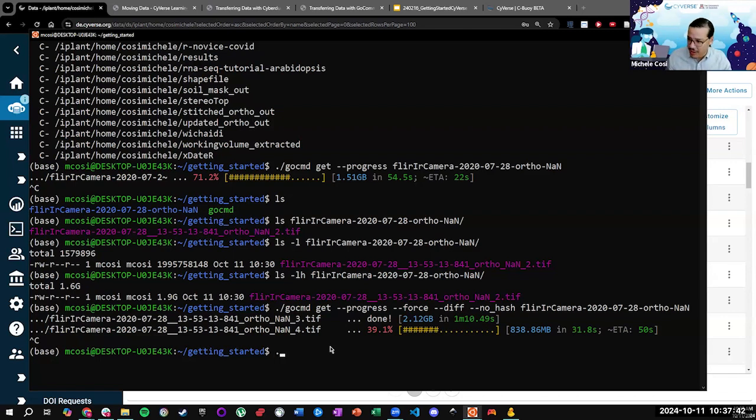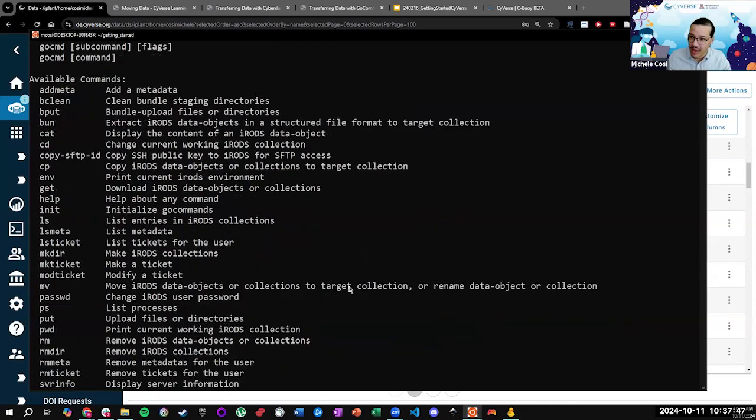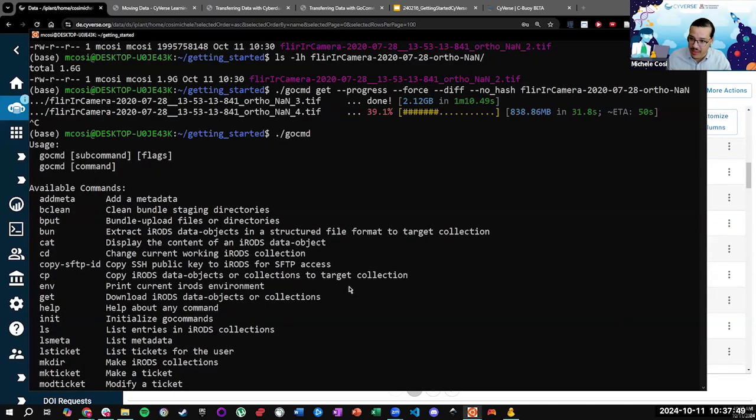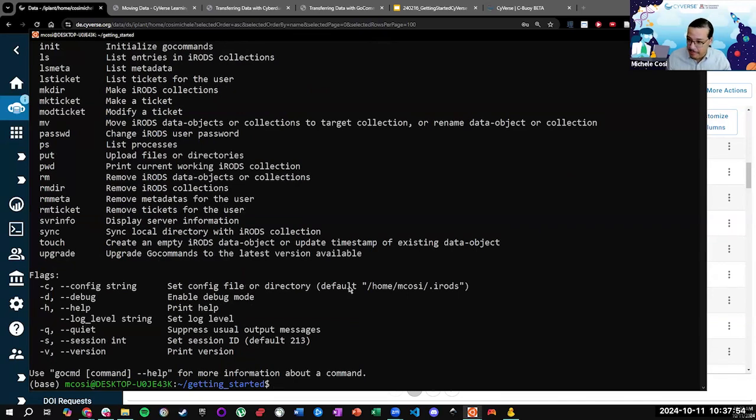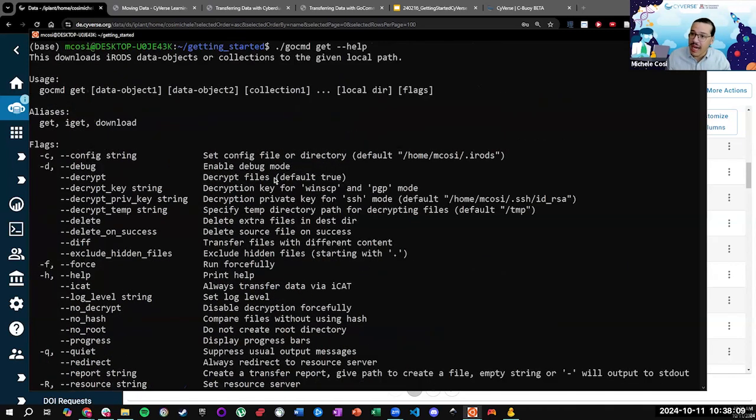I wanted to show you one thing. If I do Go command, it will show me everything that I can do with Go commands. But this is not actually everything that I can do. Let's say that I want to have more information on downloading files. The way I will do it is the Go command, get command to download, and I'll have to add --help. This will give me additional flags that I can add